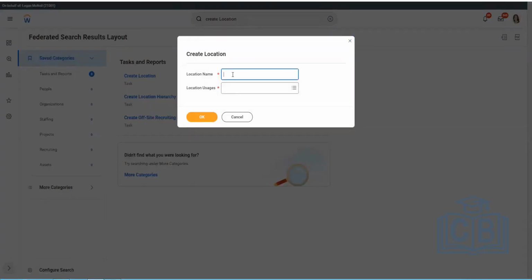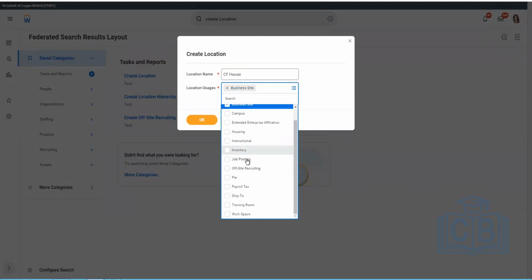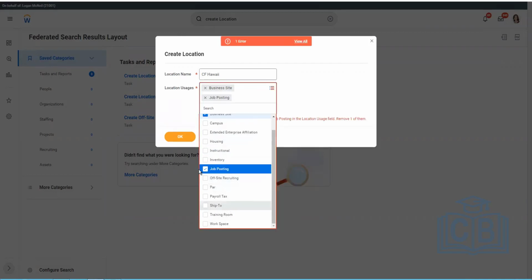Location name, let's call it, say, CF Hawaii. And location usage, it's going to be a business site, and I would like this to be a job posting site as well. And of course, it's going to be a ship to,